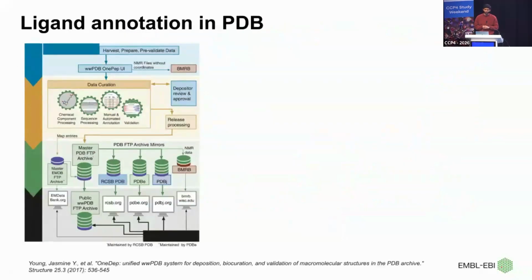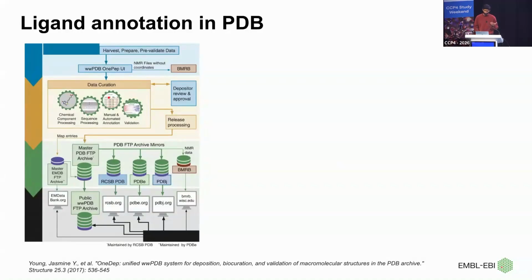Now, once it gets deposited, it goes through a lot of semi-automatic curation process. It's not completely automatic. There are biocurators who process this data. One of my colleagues, Deborah, is with me. She has recently reached a milestone of curating 10,000 structures. So if you have any doubts about curation, she's the best person, and I'm sure she knows more about curation. It involves a lot of manual and automatic processes. My talk will touch upon some parts of how the curation happens for the ligands, or what we call